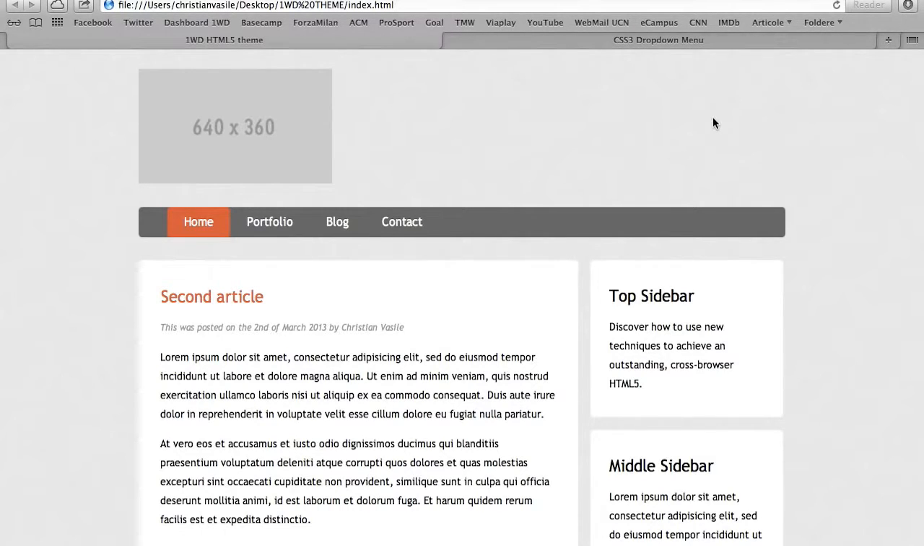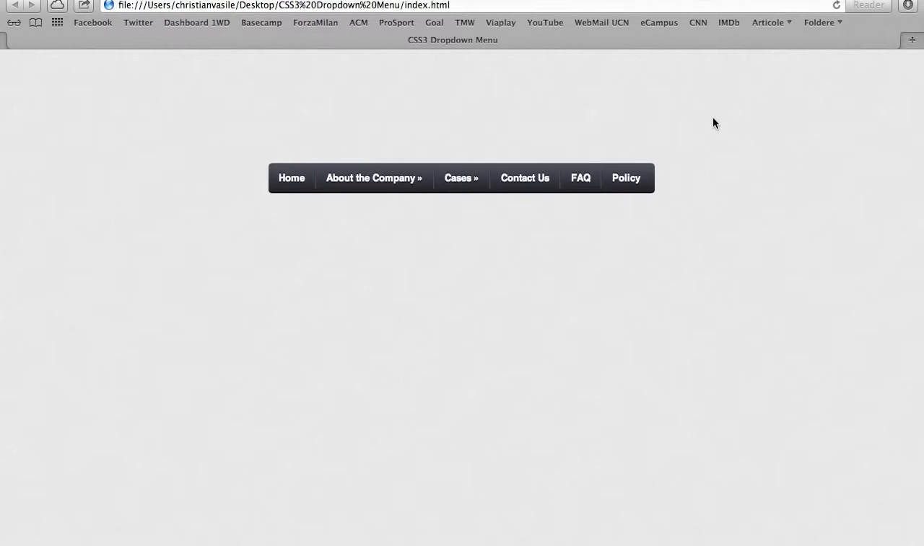So what are we going to do today? Well, we're going to create this navigation. It doesn't seem that special, although you can already see we use some CSS3 properties like gradients, opacity, and so on. However, this is a drop-down menu, and the good part about it is it's made with CSS3,